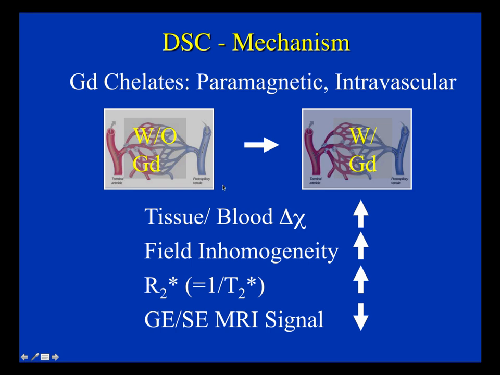It stays in blood. And so when gadolinium arrives at the tissue, we would have a different magnetic susceptibility between the blood vessels and the tissue, and therefore we will have an increase in the magnetic susceptibility difference. That leads to an increase in field inhomogeneity within the tissue voxel, which leads to an increase in the R2 star relaxation rate, or shorter T2 star. And under these conditions, if you use a gradient echo and spin echo MRI, you will see a signal loss. So when the gadolinium is passing through the brain, we expect a decrease in the MR signal with gradient echo